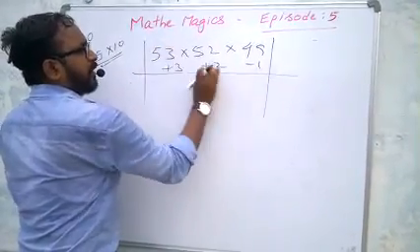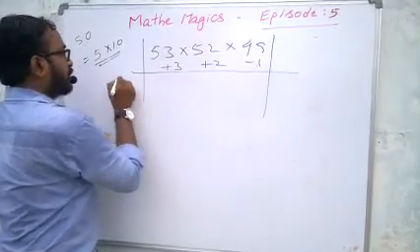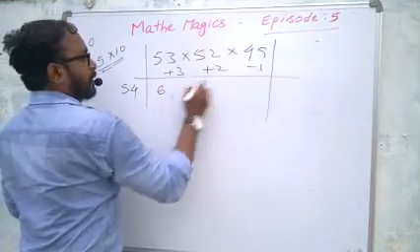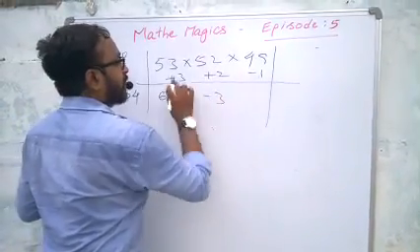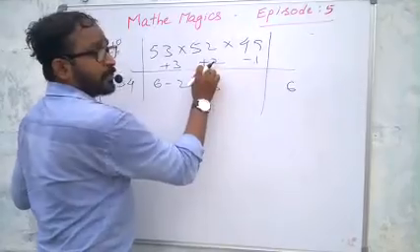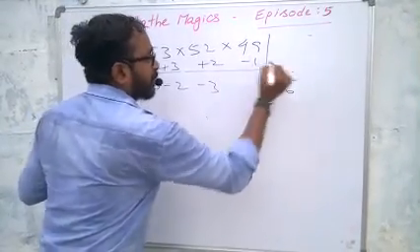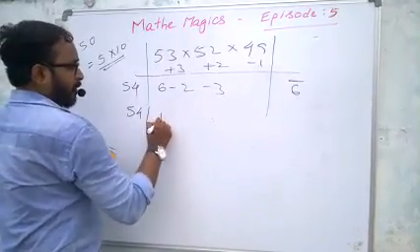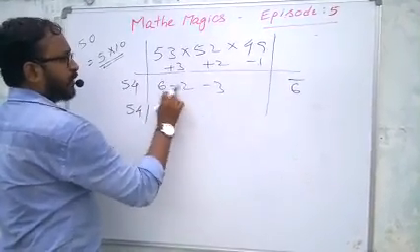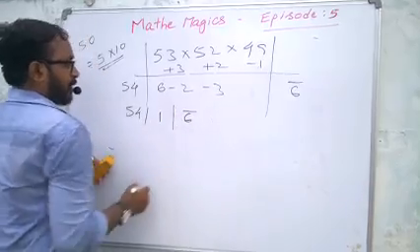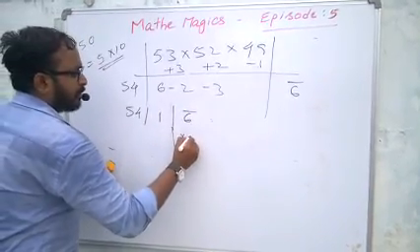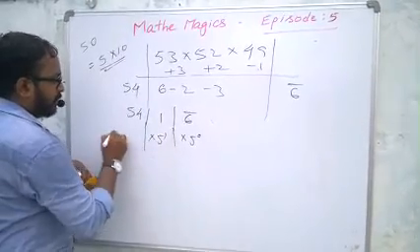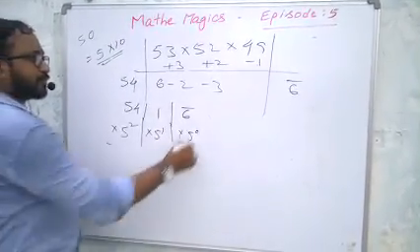If you close this one, plus 2 minus 1 is plus 1, add plus 1 to this number, it will become 54. 3 into 2, 3 to the 6, 2 into 1 is 2, minus 2, 3 into 1, 3, minus 3, 3 to the 6, 6 into 1 is 6, plus into plus, plus into minus, minus 6, that implies 6 bar. So finally, 54, it is 1, plus 1 only, because it is minus, 5, 6, plus 1, 6 bar. So now here multiply with 5 power 0, because its base is 5 into 10, 5 power 1 into 5 power 2.